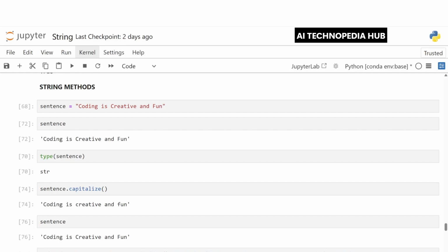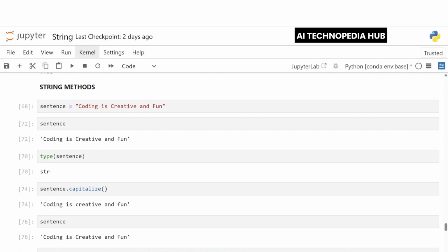However, we can assign a completely new string to the same variable name, and we can also delete the variable that holds the string. We have looked at how to combine multiple strings using string concatenation by using the plus operator. And we have also explored string membership test, which allows us to check whether a character or a substring exists within another string. But until now, we haven't really performed any transformations on the strings itself, such as changing